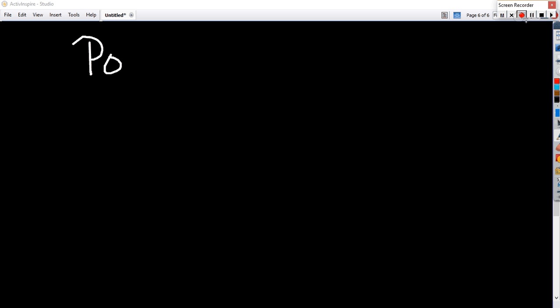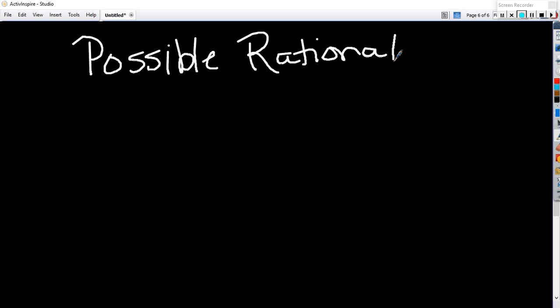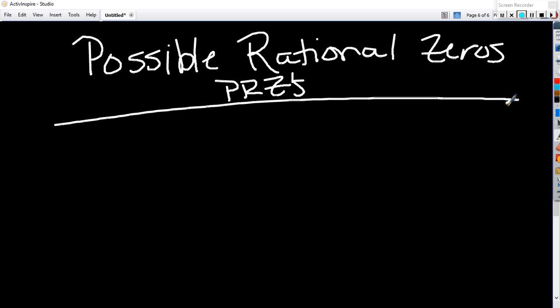These possible rational zeros, also known as PRZs. All right, so far we figured out if it's a quadratic or in quadratic form, we can find the